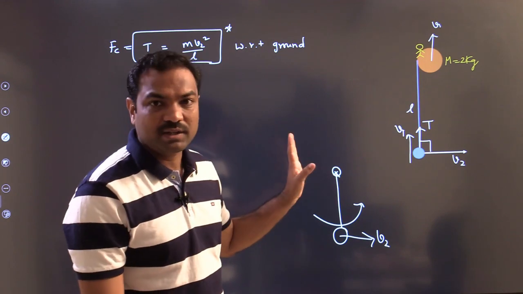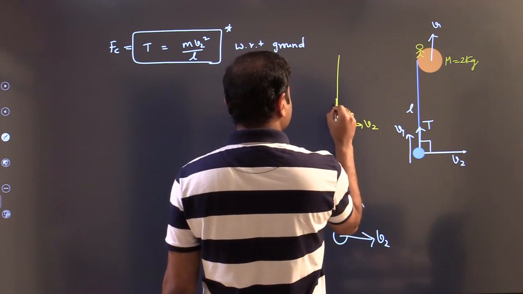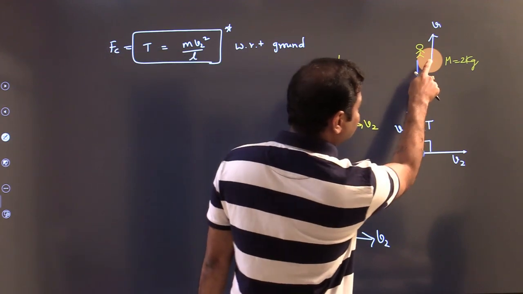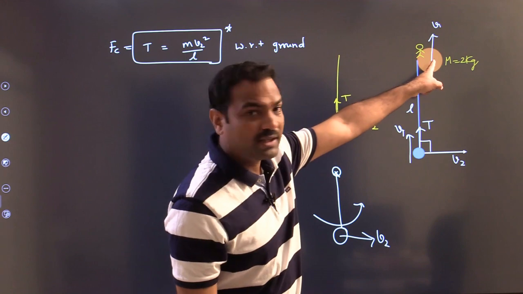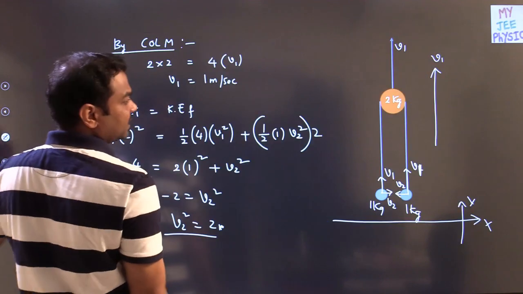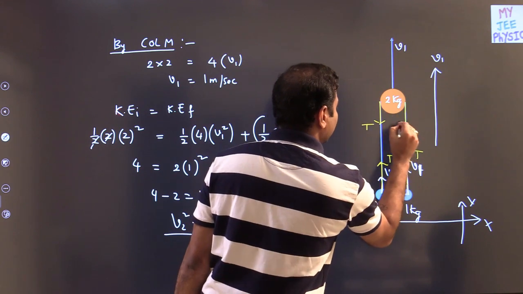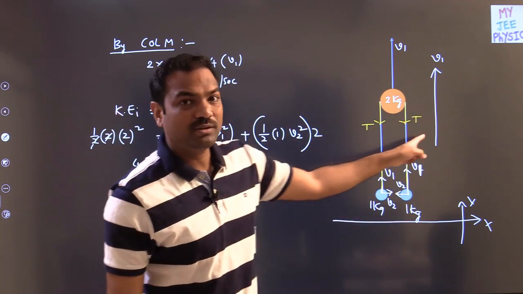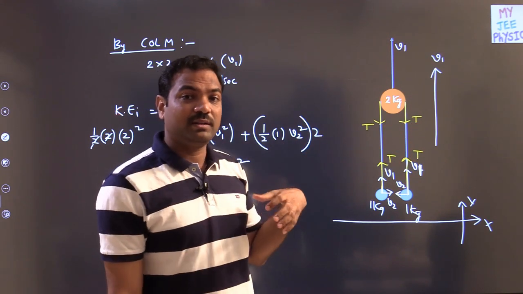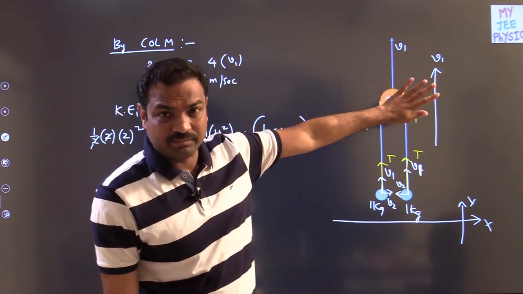Now first of all, velocity is not there for the particle, so I can apply centripetal force logic on the mass. But still I cannot write T is equal to mv2 square by L. Why? Because now this is an accelerating body. Whatever this particle is, this is an accelerating body. Because if tension T is acting on the particle, the same tension will act on the 2 kg particle also. Then what is the net force acting on 2 kg? 2T downward, which will retard that 2 kg mass.